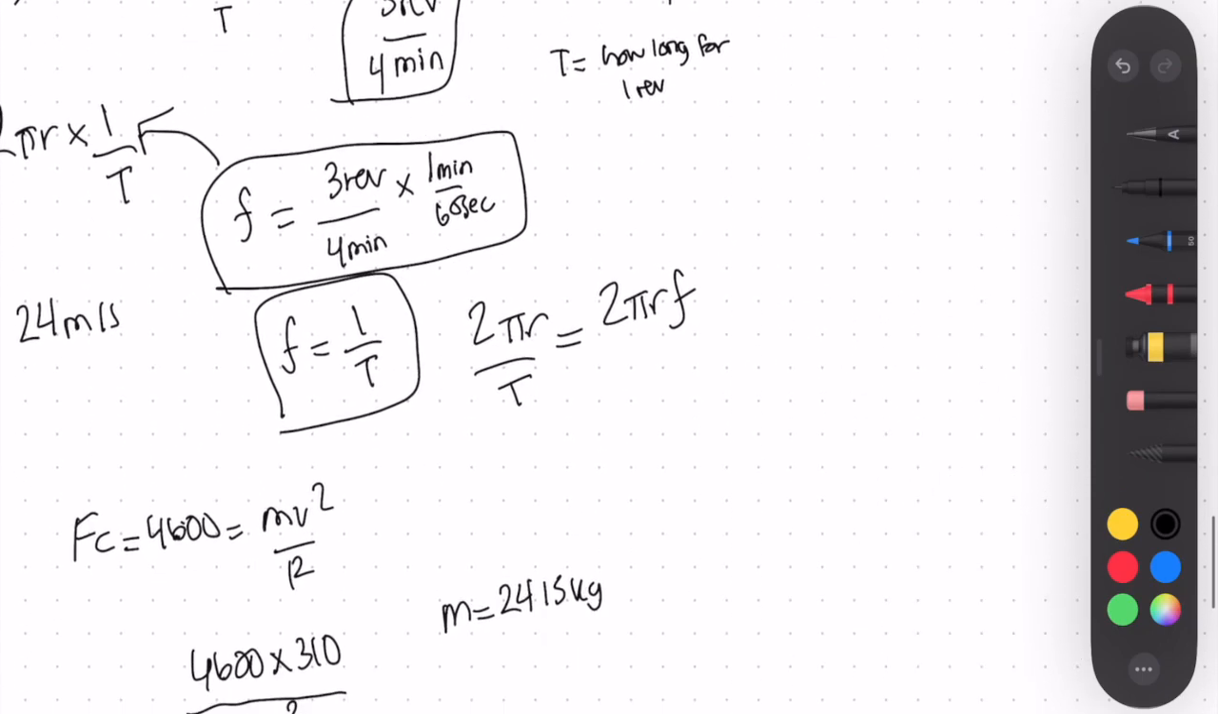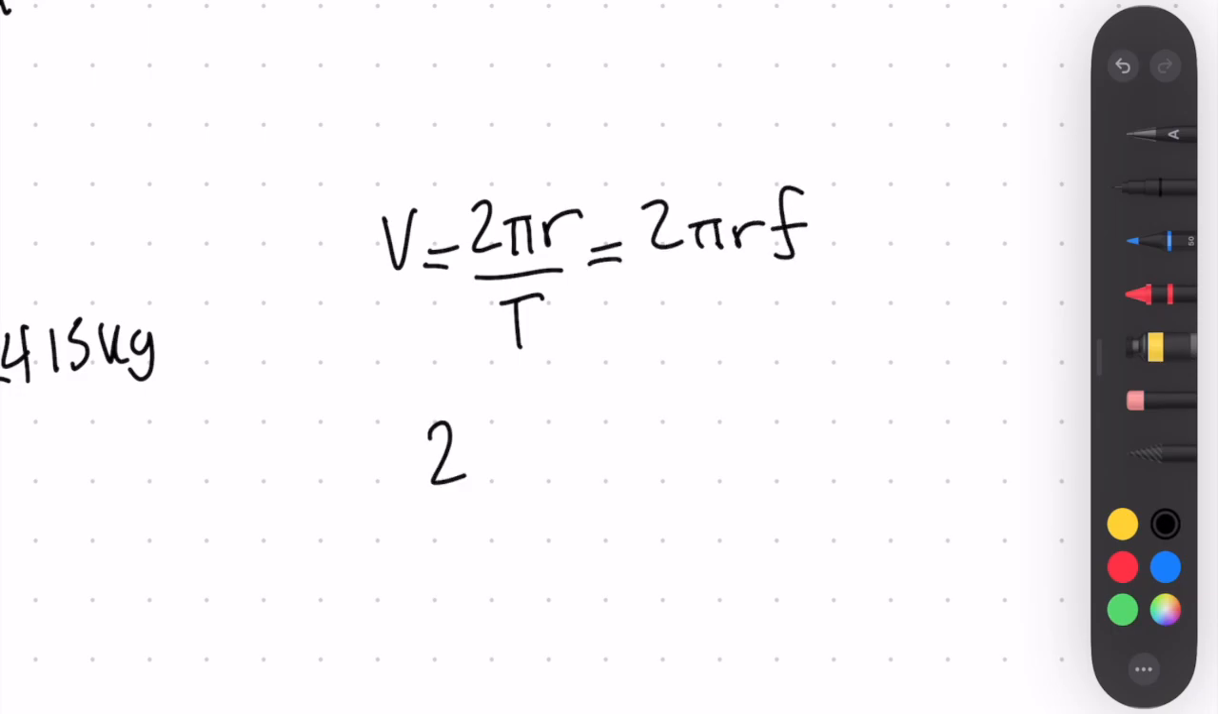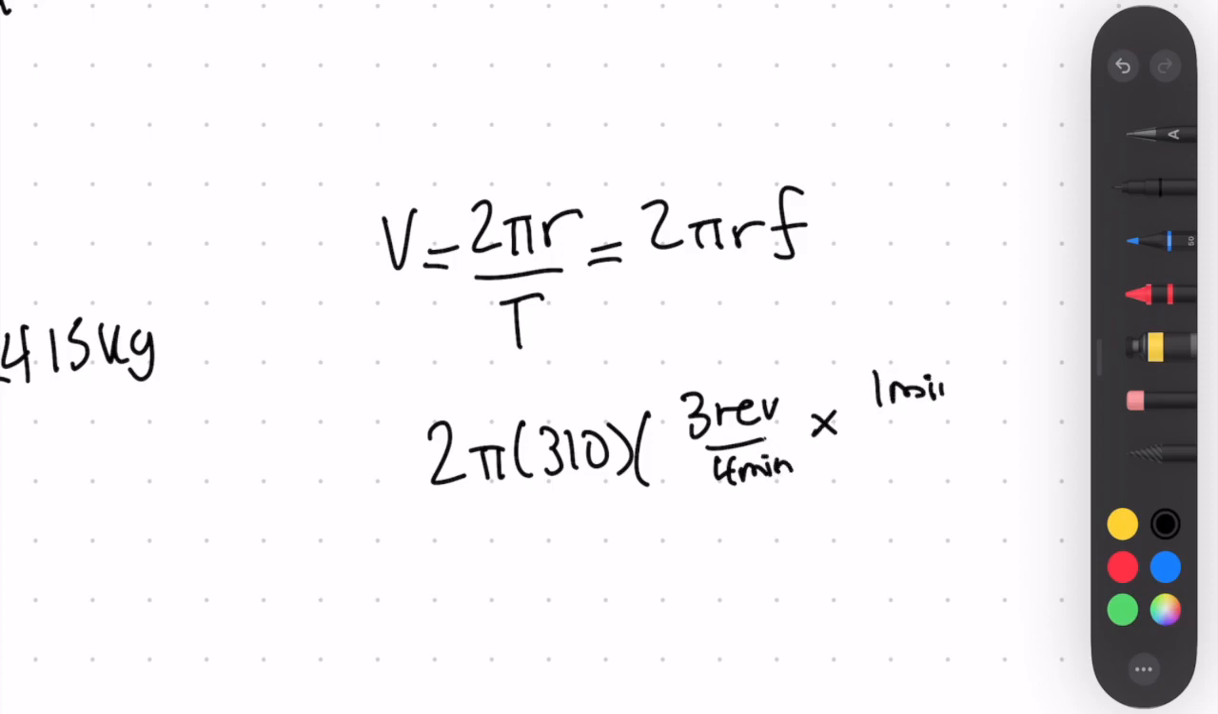So let me rewrite it here. If we have v is equal to 2 pi r over t, that's the same as 2 pi r times frequency, so 2 pi times 310, times our frequency. Our frequency was 3 revolutions per 4 minutes, and then 1 minute is 60 seconds, and that's how we can get the velocity there, or the speed. But yeah,